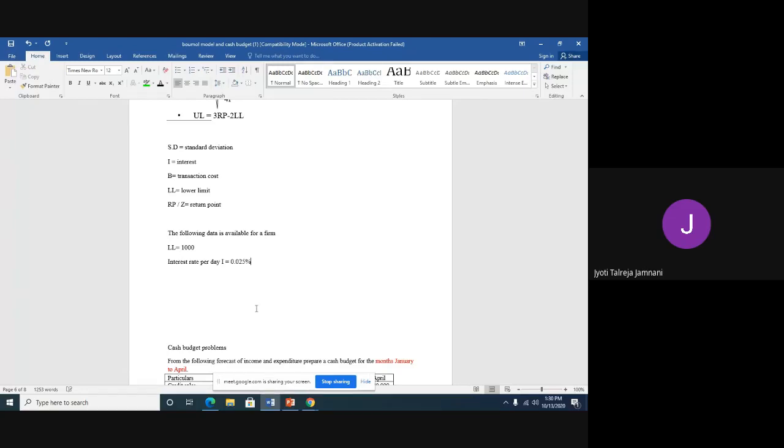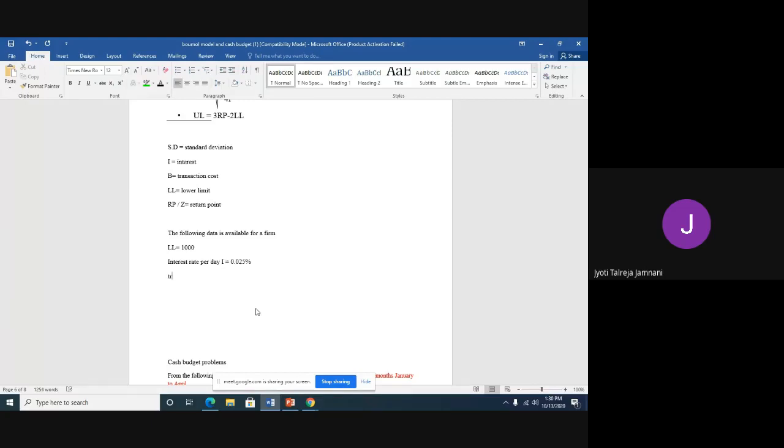0.025%. Remember, this is not converted into decimals. This is 0.025%. You have to again divide it by 100 and then take it in the formula, because it is a daily rate. In one day, you cannot earn 25% interest, right? If I take only 0.025, that means it is 2.5%. This is 0.025%. I have to divide by 100 again when I take it in the formula for solution. So this is the value of I.